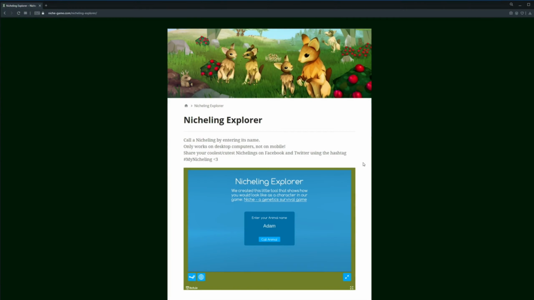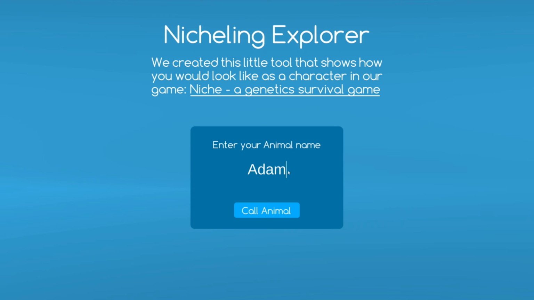Hey, so you're still here after the outro, huh? I've got a little bonus for you. The studio that created Niche, Stray Fawn Studios, also created this small side product. It's called the Nicheling Explorer, and actually you can go on their website. This is the URL. You can type it in or Google it, works as well. Then you get this and you can